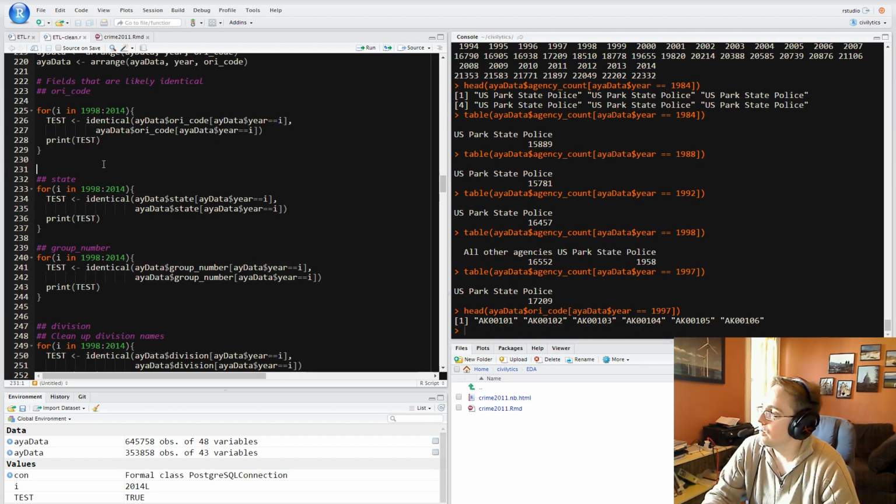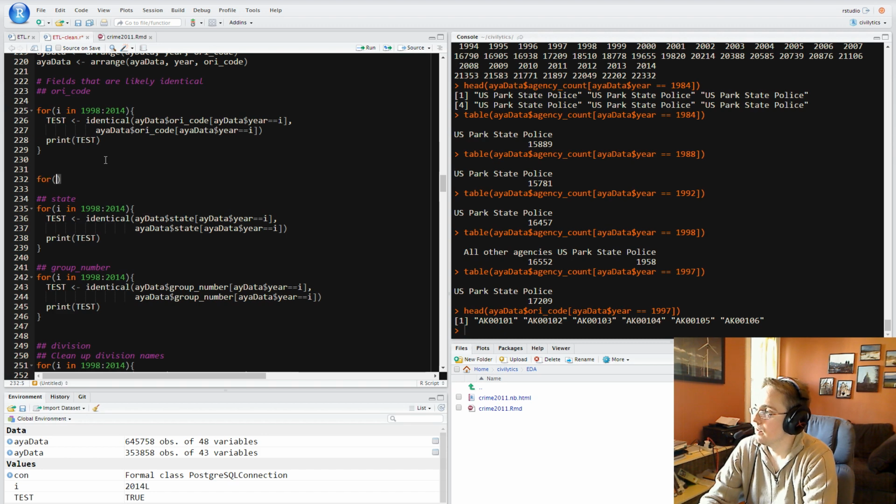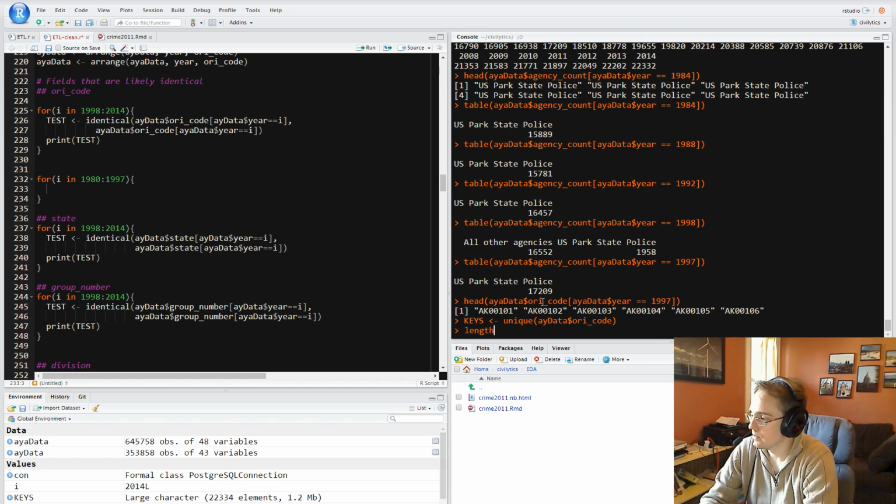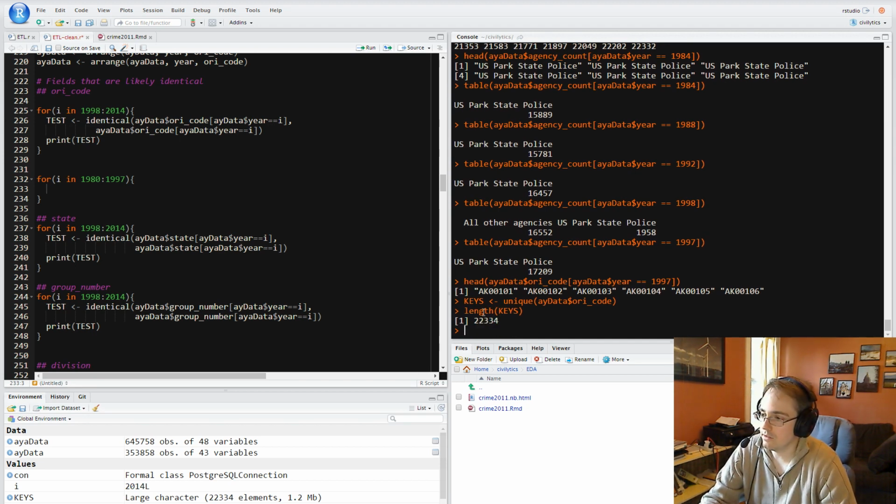So what I want to check for is 87. See what percentage of these ORI codes show up in future years. So call this keys. It's going to be all the unique ORI codes that ever appear in the clearance data. 22,000. So I'm going to say